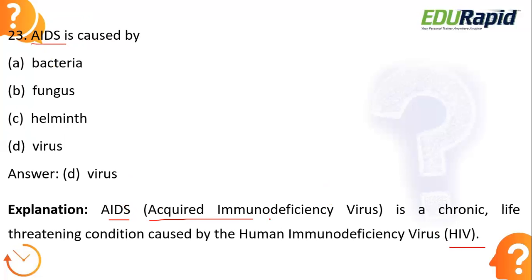Acquired immunodeficiency syndrome is a chronic syndrome, that is, for a lifetime, or a longer period of time, if a person starts suffering from AIDS. It is a life-threatening condition because it suppresses our immune system, which can lead to attack by various diseases that can damage multiple organs, finally leading to death. So AIDS is caused by the presence of the HIV virus in an individual. If the human immunodeficiency virus enters an individual, it can cause a disease called AIDS. It is a viral disease.